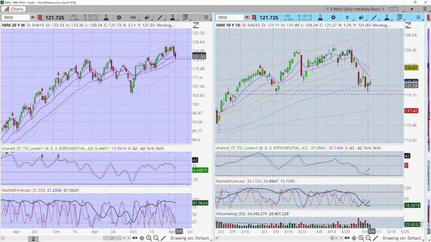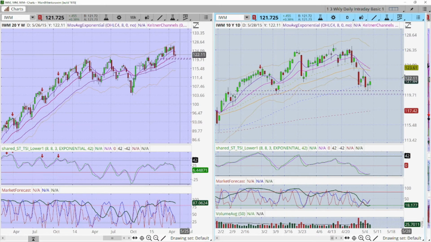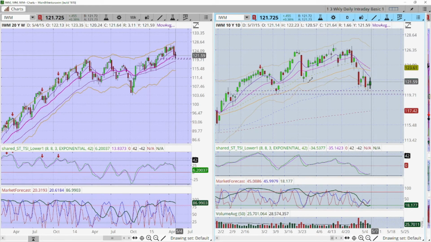Now, if I were doing this on my live program, I may put in a conditional order, but since I'm not doing it on my live program, I can't do a conditional order. So what we do want to do is place the order to fire off basically at the end of the day. So as you can see, hammer, yes. Price action went above, yes. Let's go ahead and